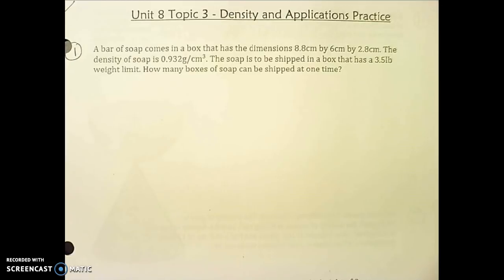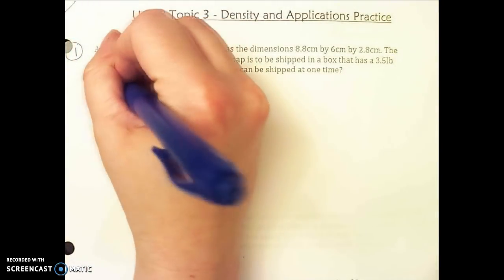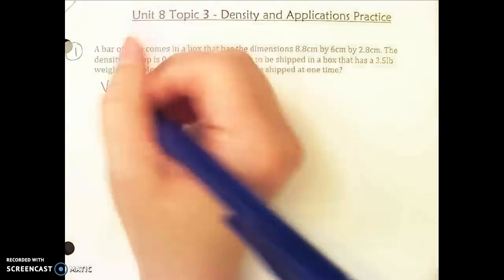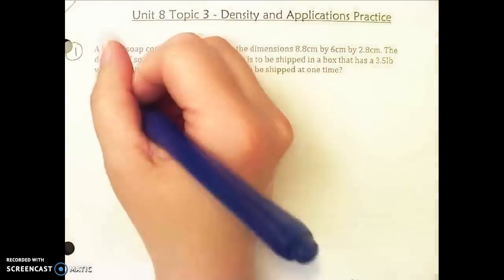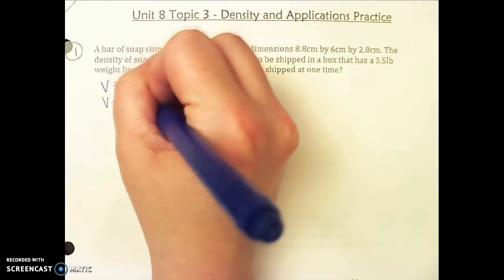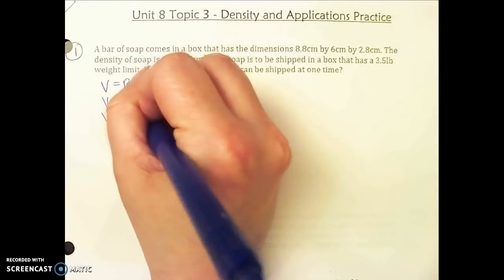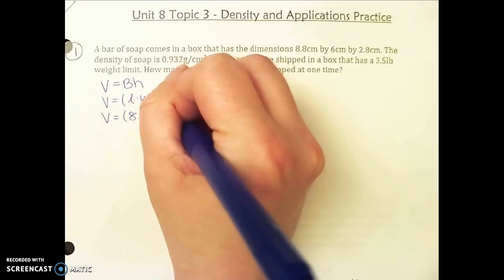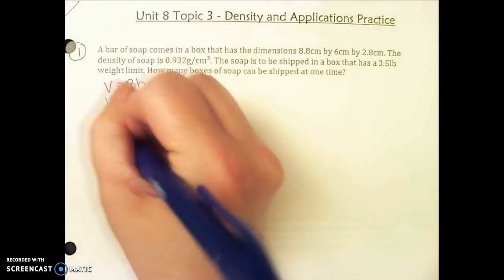weight of our soap. So starting with the volume, a box is a rectangular prism, so my formula is big B times H. Big B is the area of the base, which it's going to be a rectangular prism, so I'm going to have length times width times height. So my volume is 8.8 times 6 times 2.8. And so overall my volume is